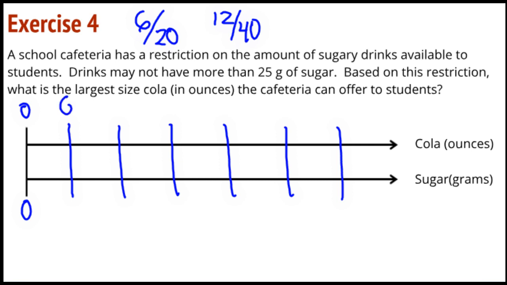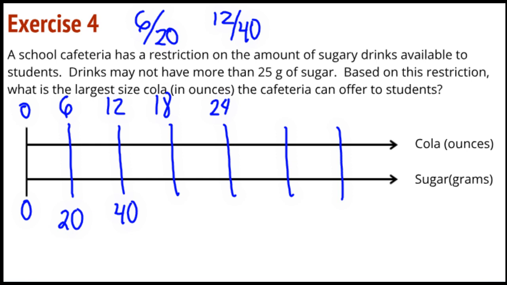So I've got 6, 12, 18, 24. I've got 20. I've got 40. Now here's something to notice about my double number line. I started out making this one looking just like the other double number line, but